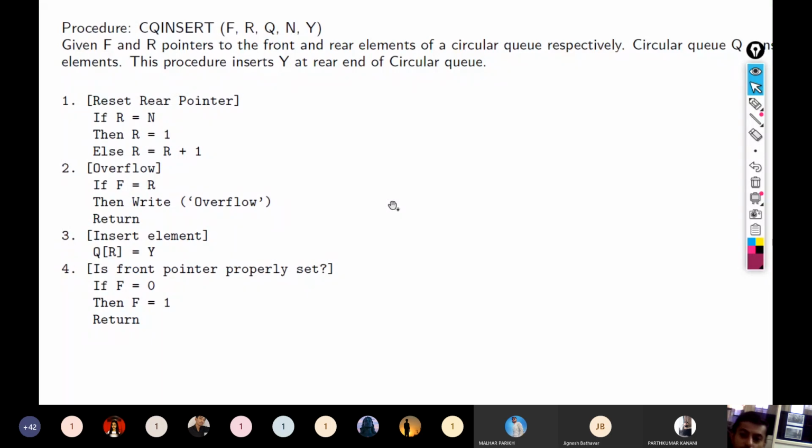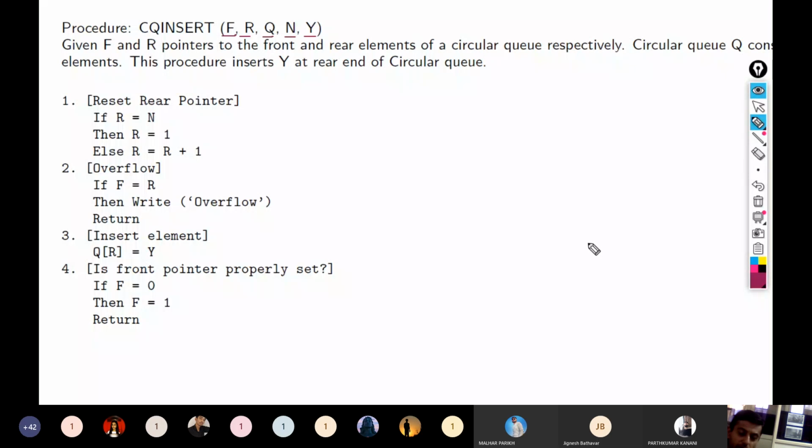Here in this circular queue, if I want to insert, I have been given the front and rear pointers, the queue, the capacity of the queue, that is n, and the element to be inserted, that is y.